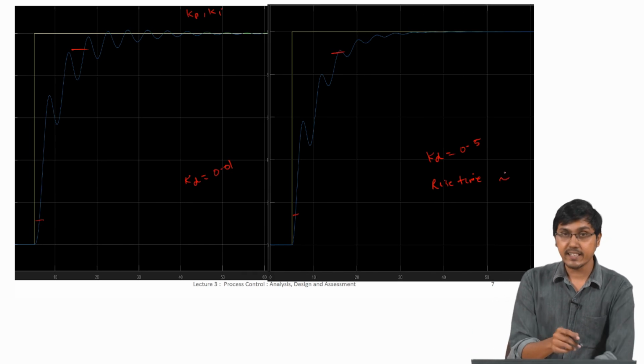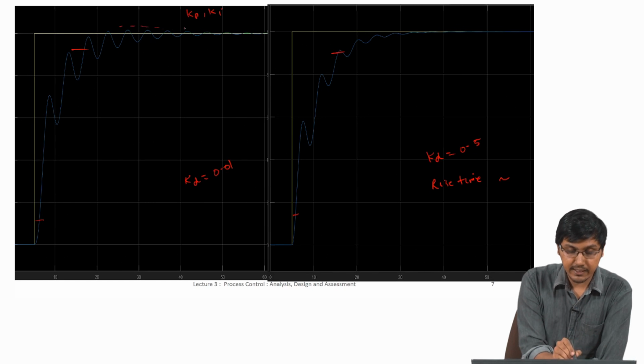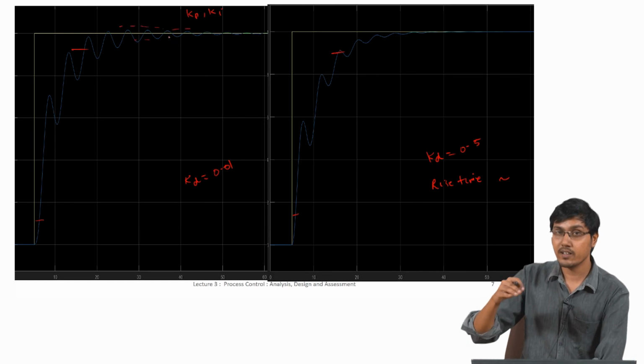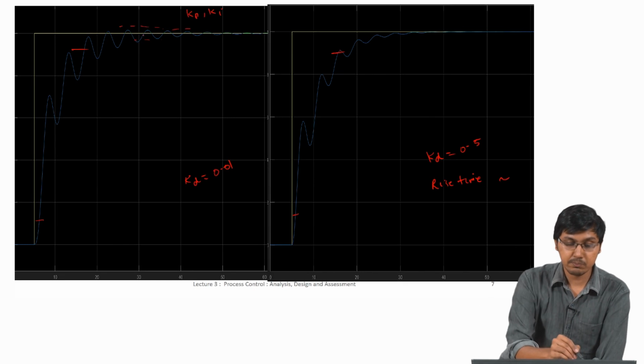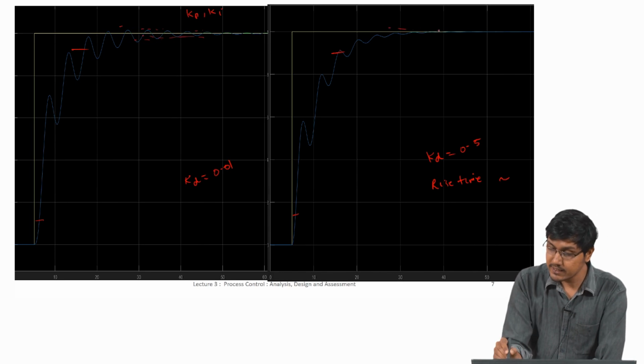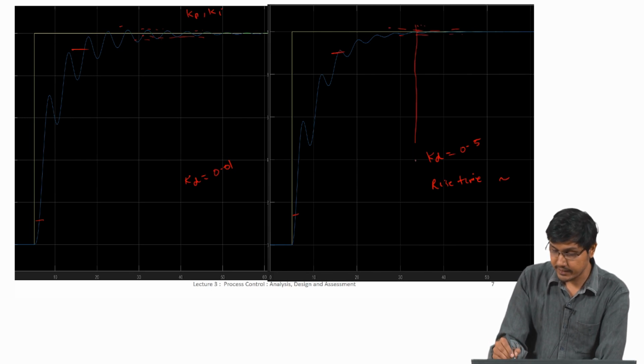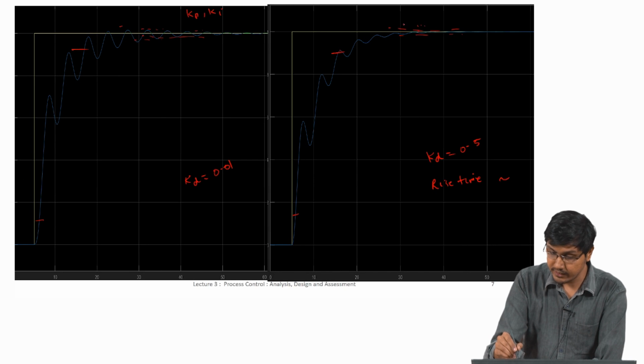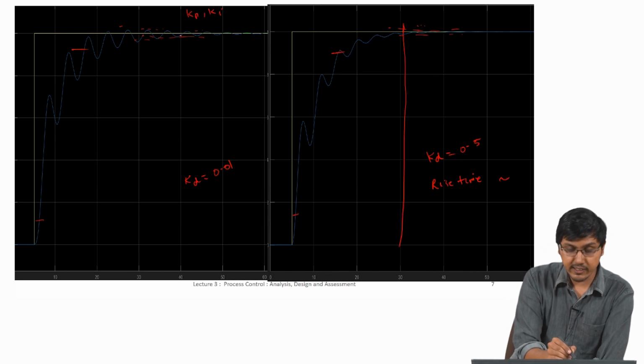But if you look here, the settling time has more ups and downs. Let us take some value: if this is the 2% range, this actually goes within the 2% range somewhere early here, but this goes within the 2% range somewhere later here.